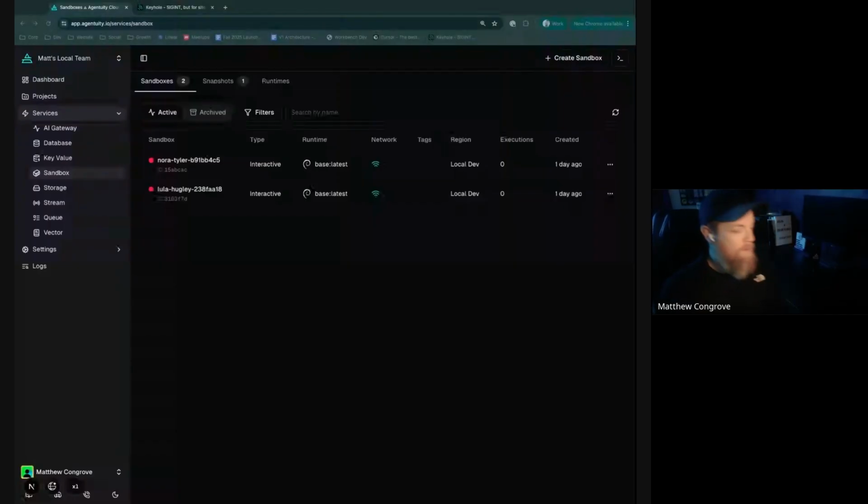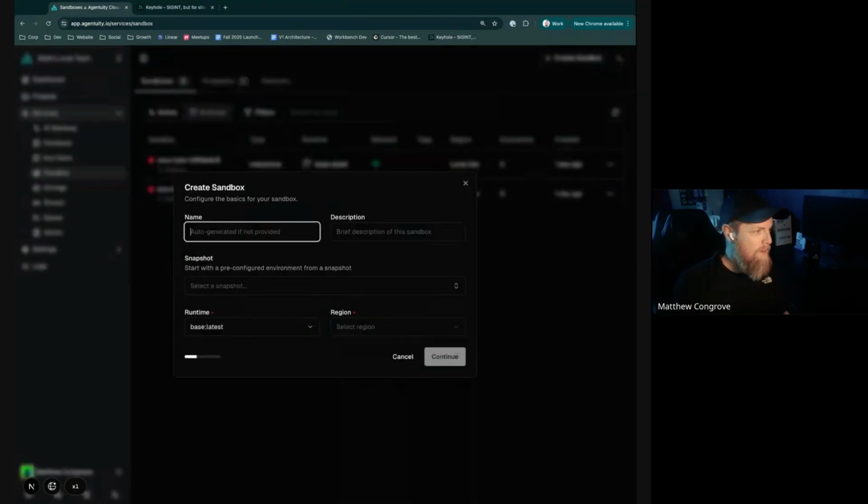And we'll start with sandboxes here. Up to this point, we've had sort of a really minimal version of creating a sandbox in the UI. We kind of assumed you're mostly going to be doing it through the CLI. That was like the first pass of what we were doing. And now we're starting to add some of that functionality here into the UI. So if you go create a sandbox now,